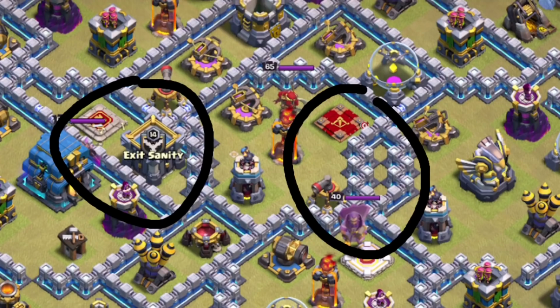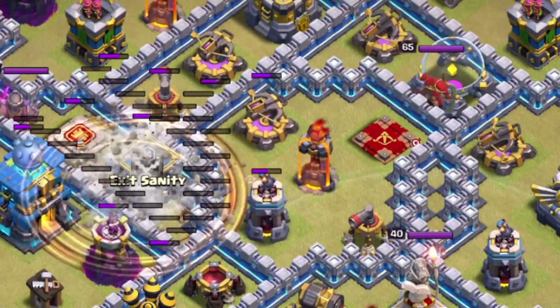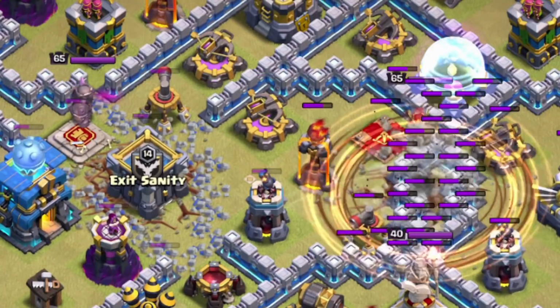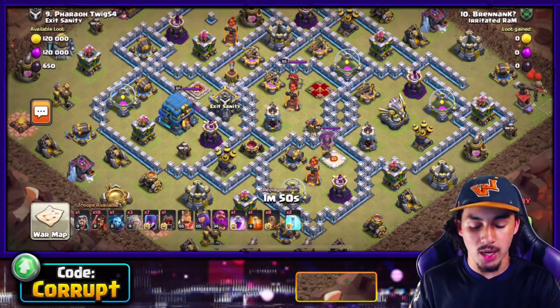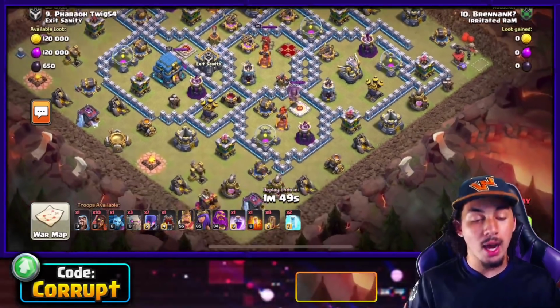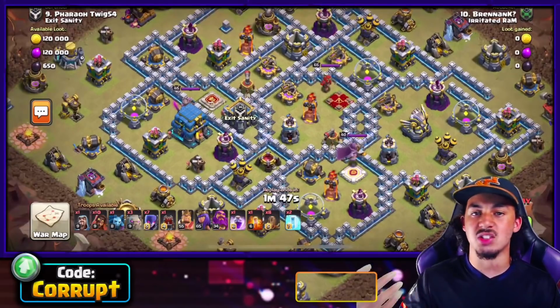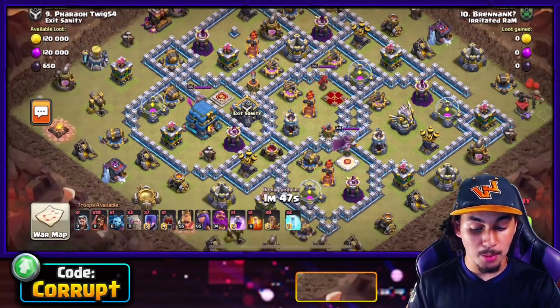Opening up a large area of the base for your Super Wizards, the Witches, and your heroes to reach everything and move themselves into the core and throughout the base, even if the Log Launcher doesn't go in with the rest of your troops. Now, in order to make sure that this is possible, you can also go ahead and use something such as a Zap Witch,